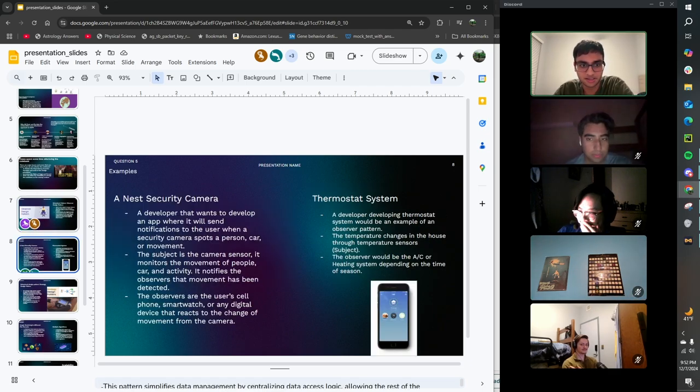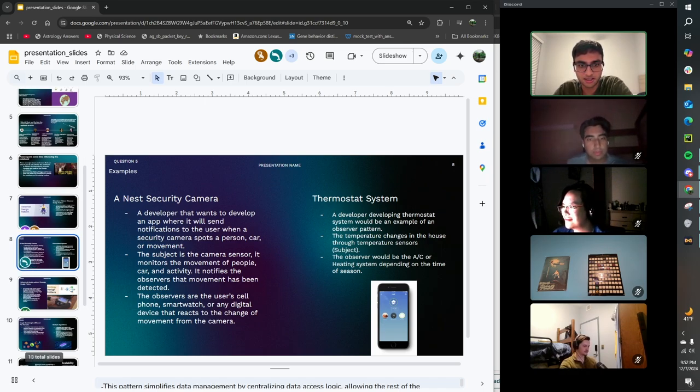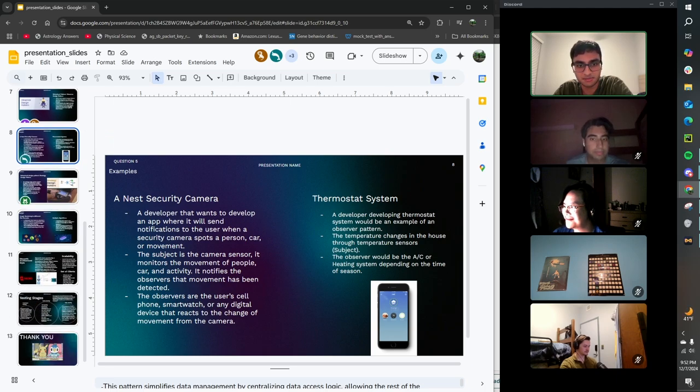So here are some examples. A Nest security camera. A developer wants to develop an app that sends notifications to the user when a security camera spots a person, car, or movement. The subject is the camera sensor. It monitors the movement of people, cars, and activity. It notifies the observers that movement has been detected. The observers are the user's cell phone, smartwatch, or any digital device that reacts to the change of movement